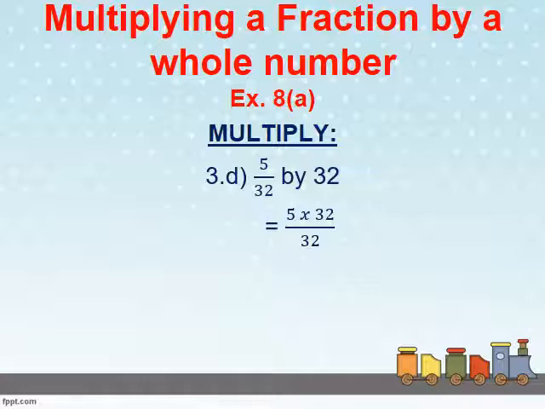Now children, you can very well see that we can divide 32 in the numerator and 32 in the denominator by common number 32, and we get 1. 32 divided by 32 is equal to 1 in the numerator, and 32 divided by 32 is equal to 1 in the denominator. So now what is left? Well, 5 multiplied by 1 upon 1, which is equal to 5, and this is our final answer, and 5 is a whole number.